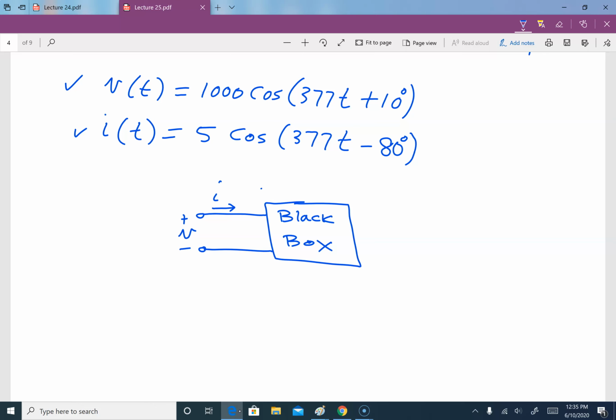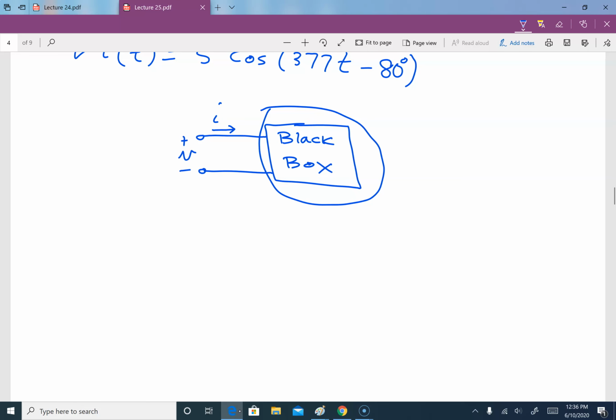So we need to know what element is inside that black box, such that when we apply a voltage of 1000 with angle 10 degrees, we get a current of 5 with angle negative 80. So in this problem, we need to determine